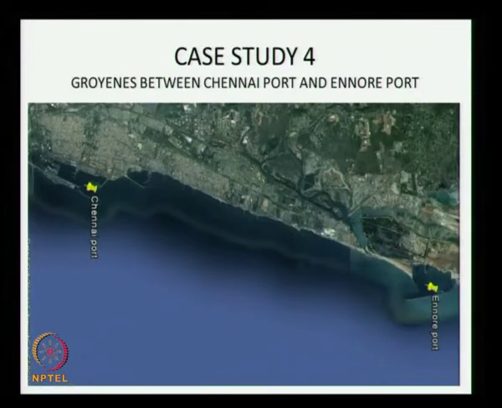This slide shows 2 ports near Chennai, this is your Chennai port, this is your Ennur port. You are able to see this accumulation on the southern side, right, this is taking place and this is your fishing harbour and you have a very good marina beach on the southern side of it which I am not showing here. There are a series of groins built before the tsunami in 2004 which has saved a lot of life and property all along this shoreline.